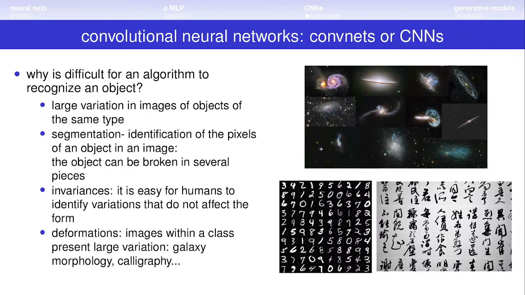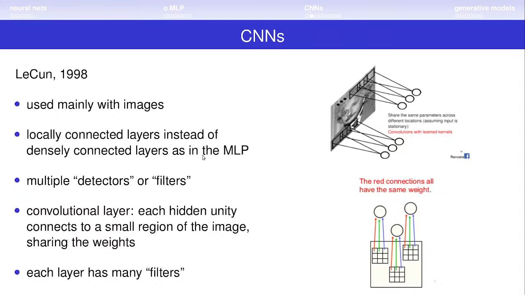And in fact, the convolutional neural networks were introduced to overcome all these problems. They were introduced in 1998 by LeCun, and although they are used mainly with images, they can also be used with vectors and other kinds of data. There's a basic difference with respect to the multi-layer perceptron, because in this case, the connection between the layers is local instead of what happens with the densely connected